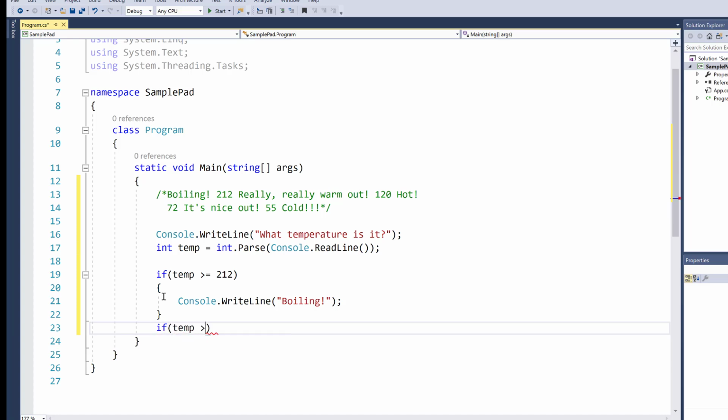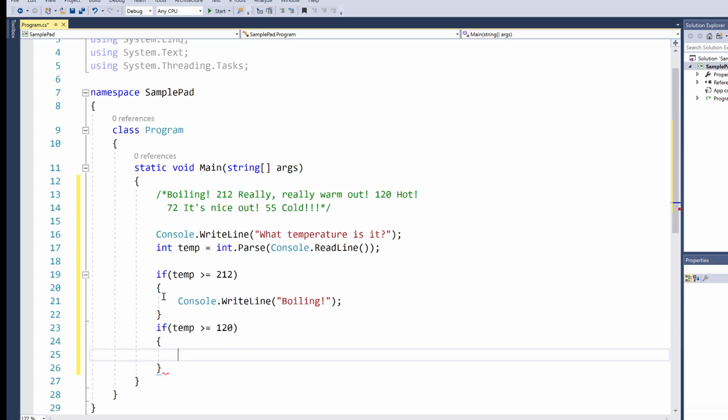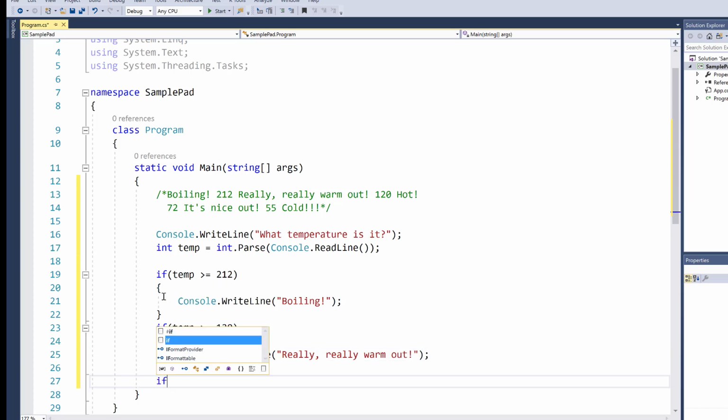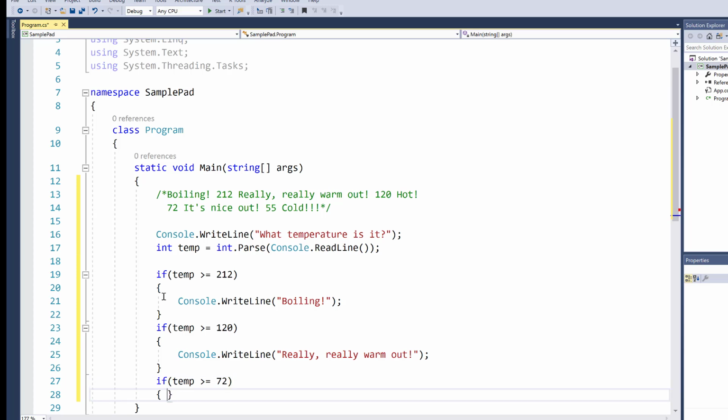Temp is greater than or equal to 120, console.WriteLine. If temp is greater than or equal to 72, so again between 120 and 72,